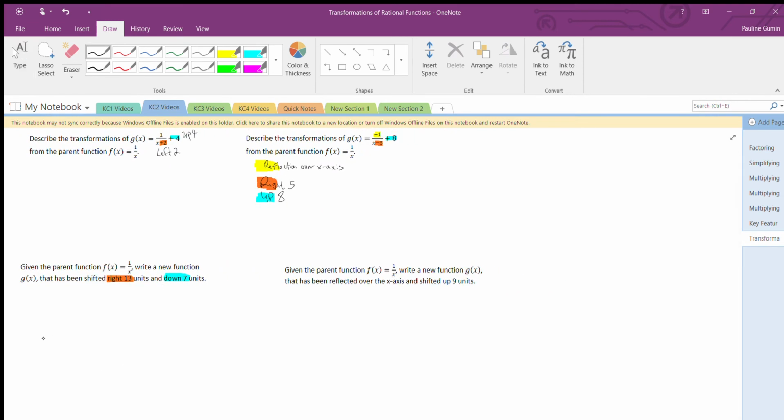So g of x equals, we don't have any reflections, so there's a 1 on top. Going to the right means we're going to subtract on the bottom. And when we're going down, we're going to subtract on the outside. So down 7,